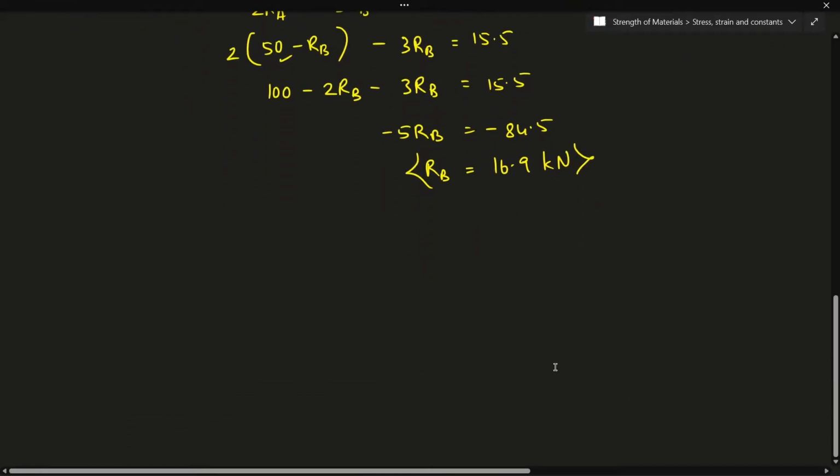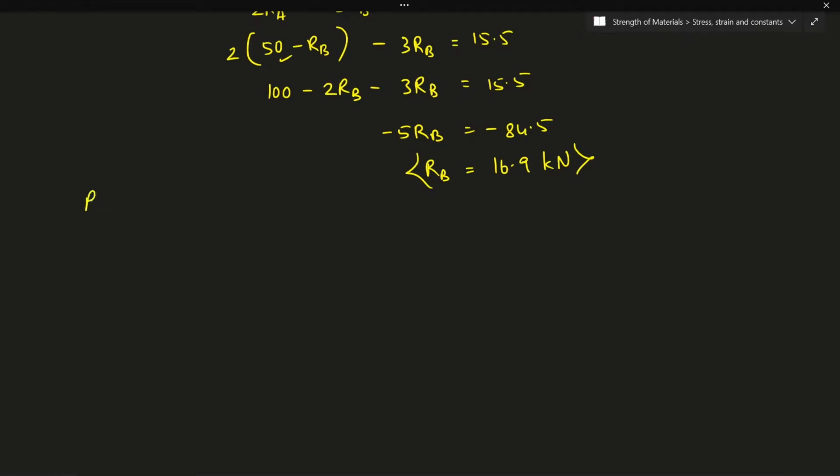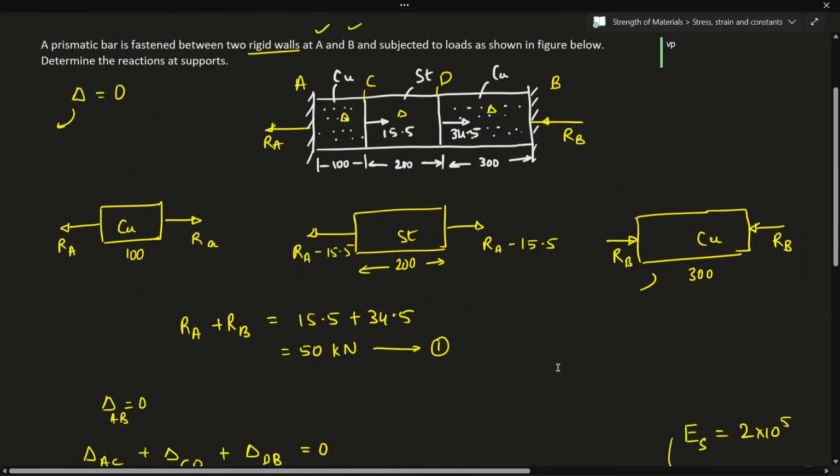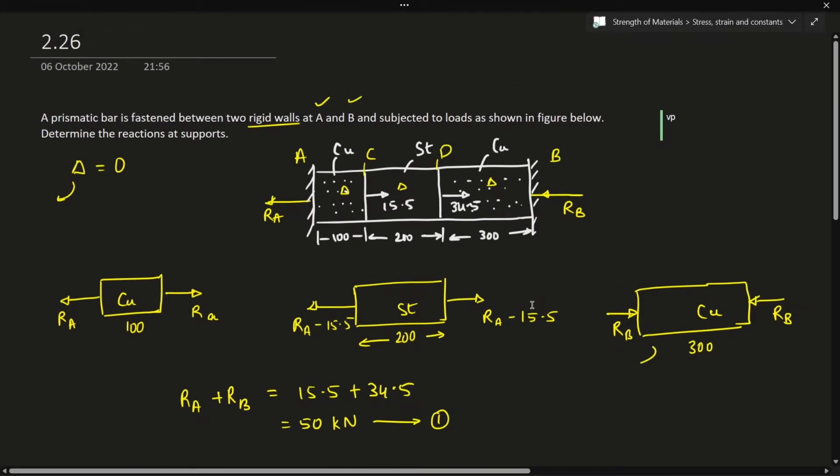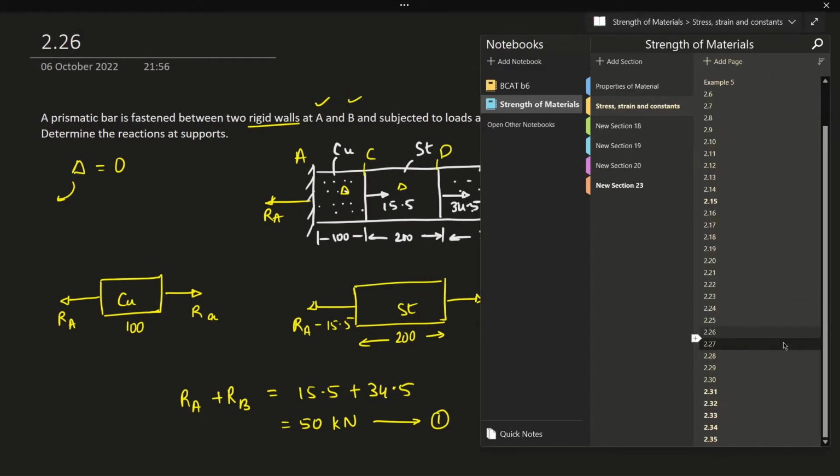Right, so now to find out RA, I'll have RA will be equal to 50 minus 16.9, which is nothing but 33.1 kilonewton. So now the reactions at the supports A and B are found. Now moving on to the next question, we have